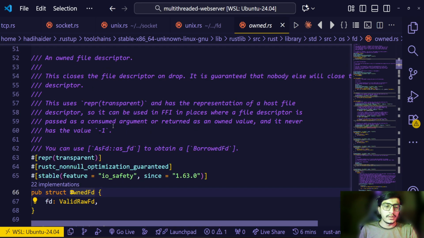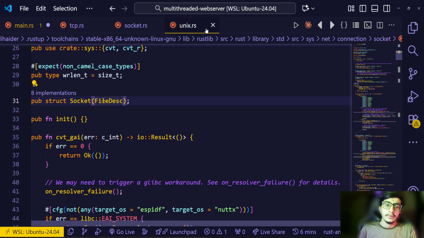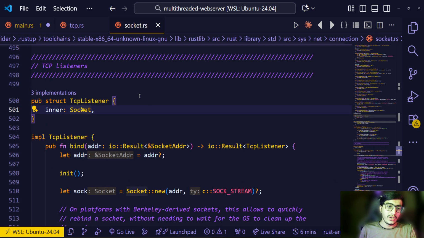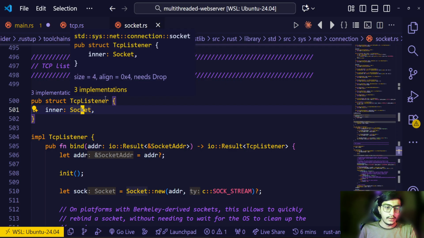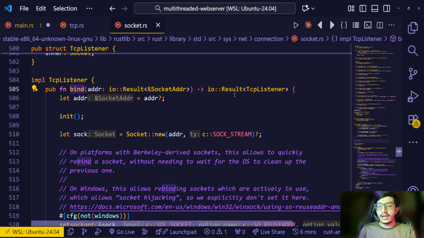So yeah, here you can see the owned file and so on and so forth, the file descriptor, and there are a lot of things to explore in that. If you want to explore this documentation, or the types, you can go and check that out. The implementation of the TCP listener is, let's say, inside that bind we have